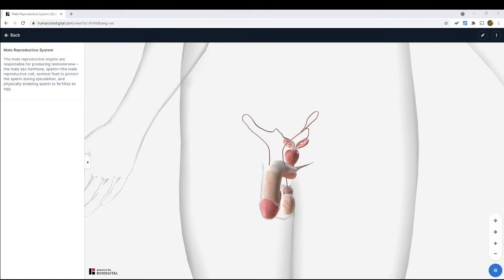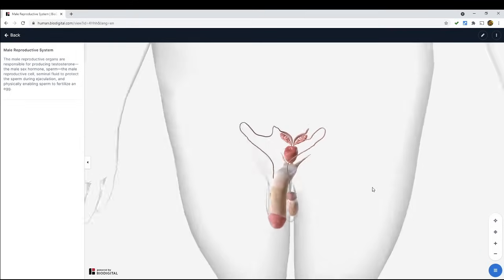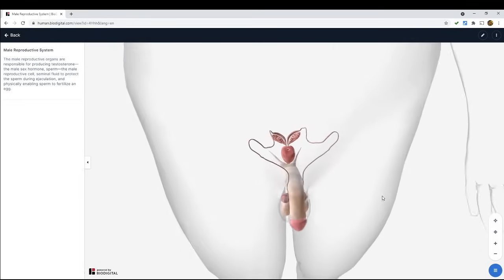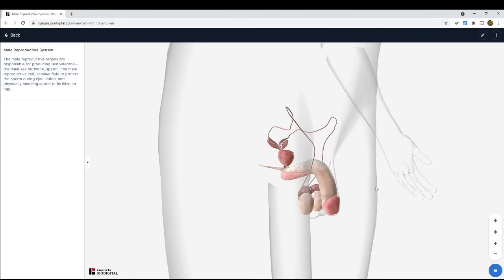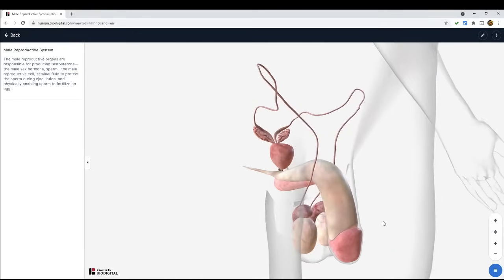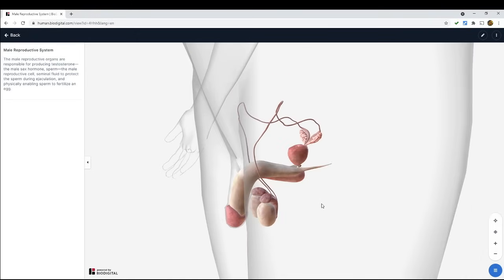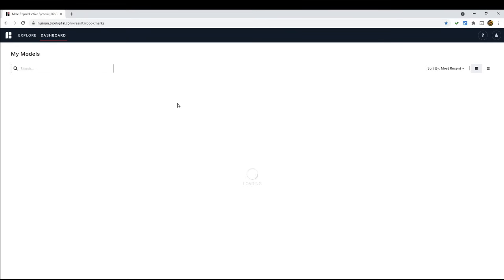Now, before we move on with the other important concepts, I want to show you a three-dimensional image of the male and the female reproductive systems. So here I am showing you the male reproductive system. So it basically shows us the same parts that we have discussed a while ago. And then for the female reproductive system,